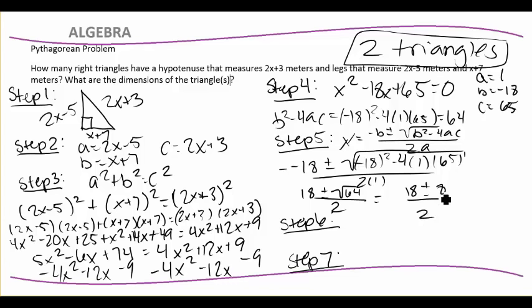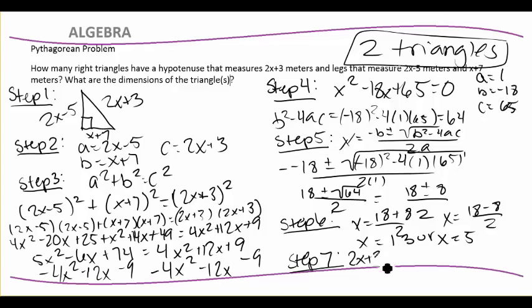Step 6 is normally where we set equal factors to 0, but we're just going to solve. So we're going to have x equals 18 plus 8 over 2, and x equals 18 minus 8 over 2. So we can have x equals 13 or x equals 5. And so we're going to check our answers and plug them in and find what our dimensions are. So if we plug them into 2x plus 3, we're going to get